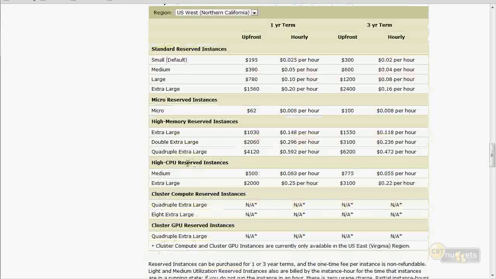So that's explaining why we have this extra large, double extra large, quadruple extra large. Amazon is always adding these additional pricing tiers, but they've got to keep the existing ones for people that have purchased the reserved instances from before. You see what I mean? So as computing power doubles, and now we have Xeon 96 cores, or something crazy, they're able to come up with these step increases.